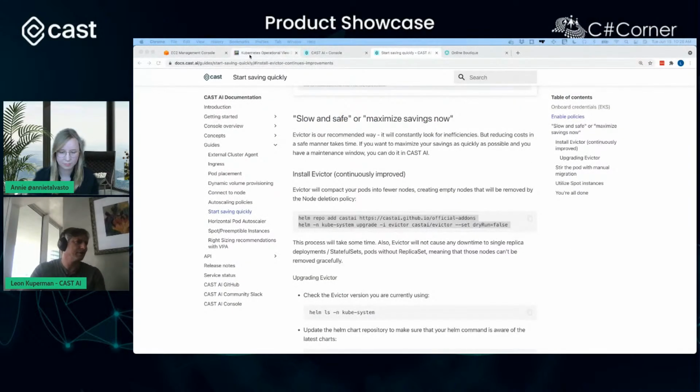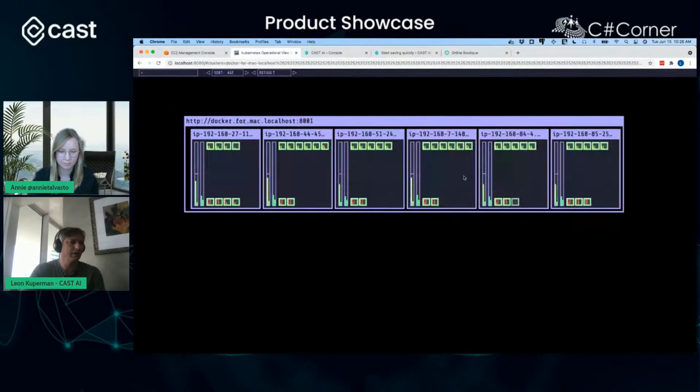And in fact, remember, if we go back to our Kubernetes ops view, oh, cool. Now we see the evictor is installed on one of the nodes. And if you look into the evictor logs, you'll see it's doing leader election because it's highly available. After leader election, it's going to start working on the following problem. You see how we have this nice distribution of pods all over the place? Well, this is just too much